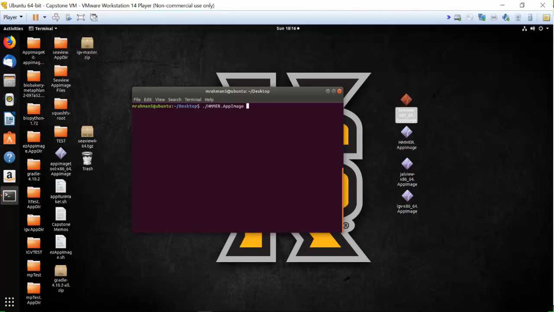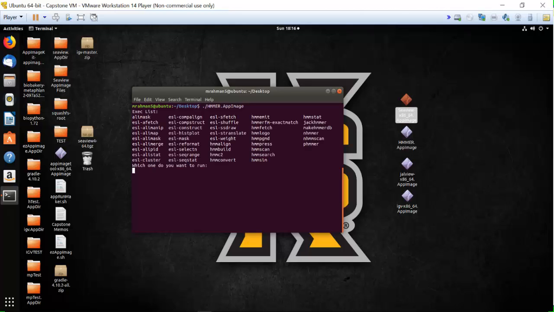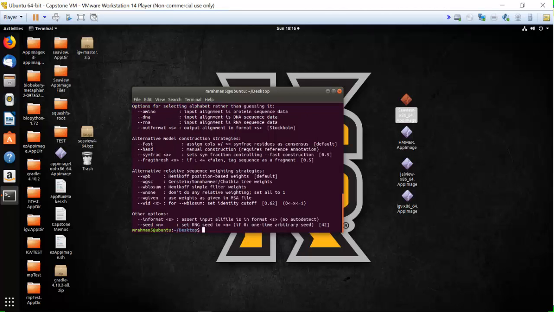So now, just as a demonstration, I'm going to run the Hammer app image, but I'm not going to throw in any arguments. I don't quite remember what application I want to use. I remember it starts with an A and an L, but I'm not completely sure. No problem. It's not just going to crash on you. The way we've customized this app image is that it'll tell the user all the available options. So now I look at this list and I realize, oh yeah, the one I wanted to run was AliMask. So I'm going ahead and type in AliMask. I want to look at the help file, so I'm going to throw in the argument /h,